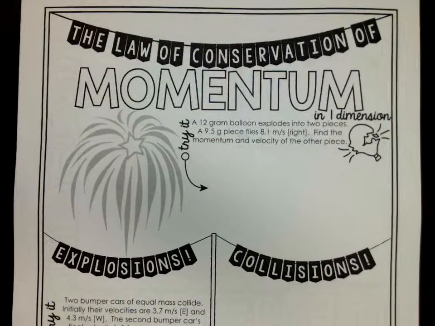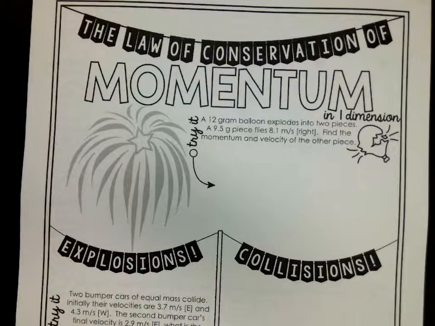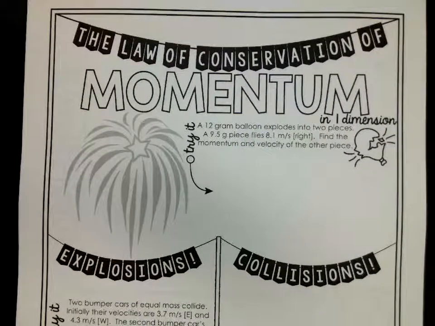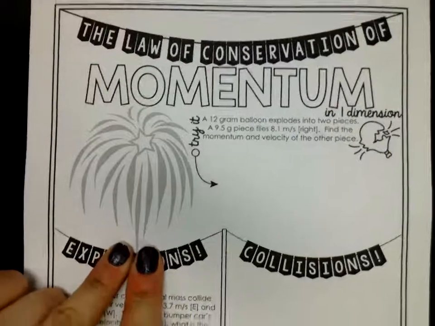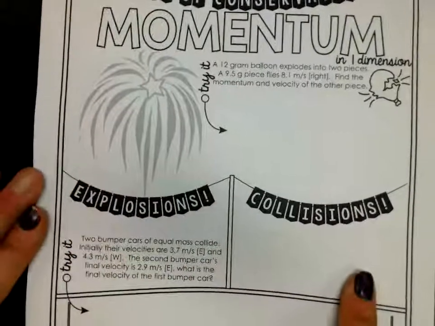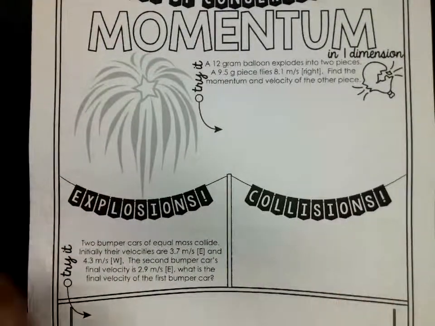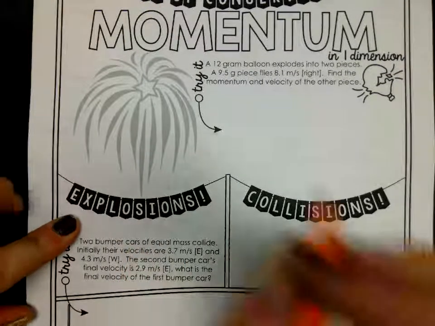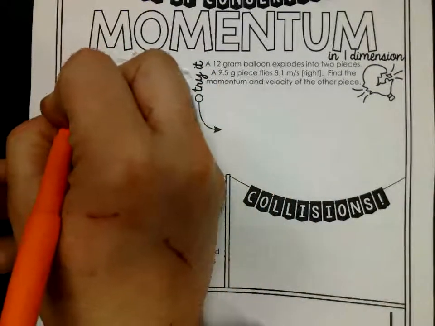All right, so two things can happen when we have objects interacting. They can either explode or they can collide. We're going to talk about what happens in both situations. So in an explosion, an object breaks apart